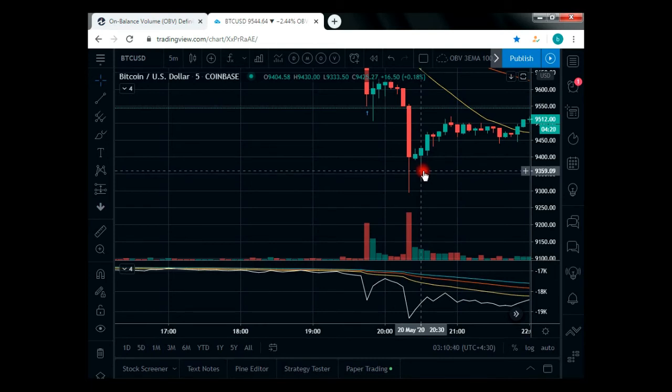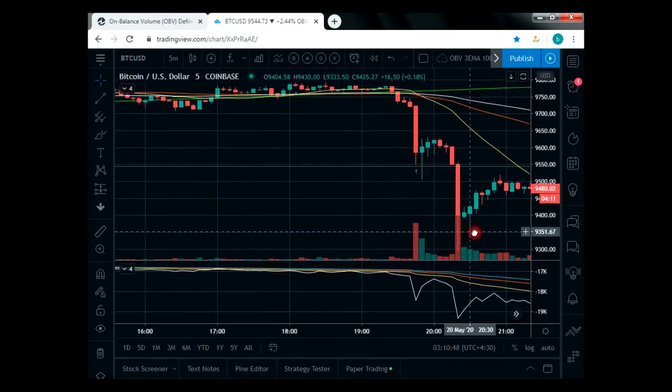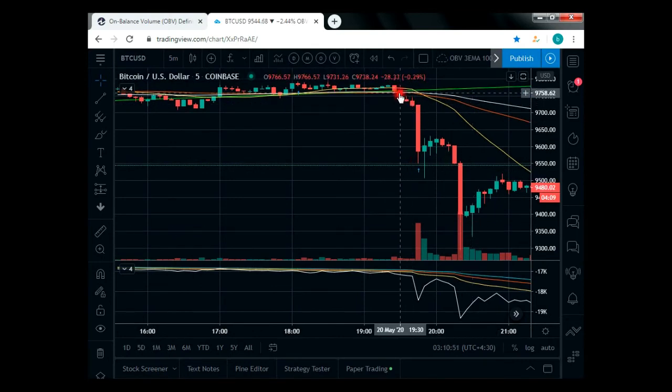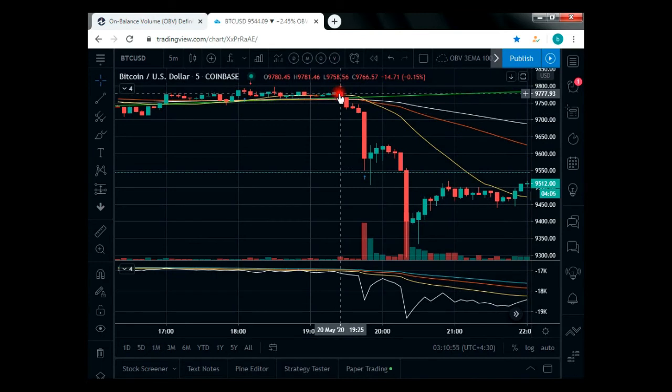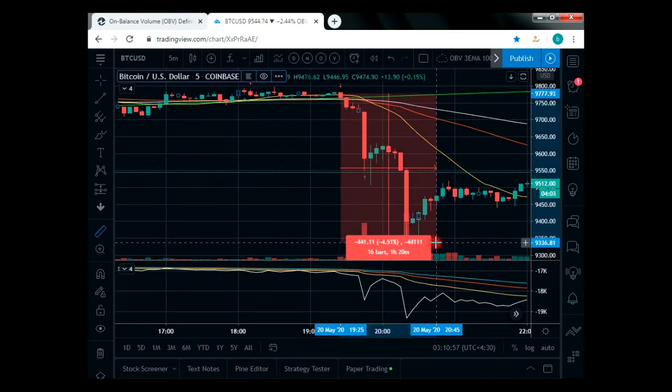I was somewhere in this area. My position was finally closed, and it is crucial that we look at the volume. As you can see,